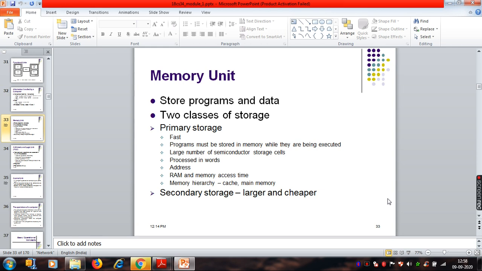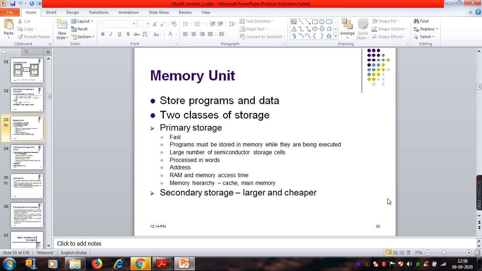That is one example of primary storage. Primary storage is such a place where all the data required by the processor is always taken from. Any information the processor needs has to be taken from primary memory. The programs will be stored in the memory while they are being executed. During the execution time, whatever data is needed by the processor should be present in the main memory.